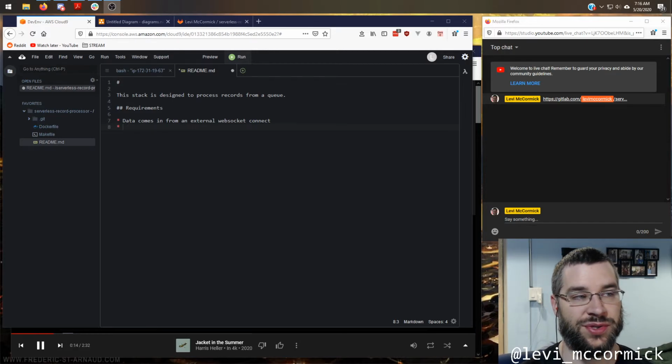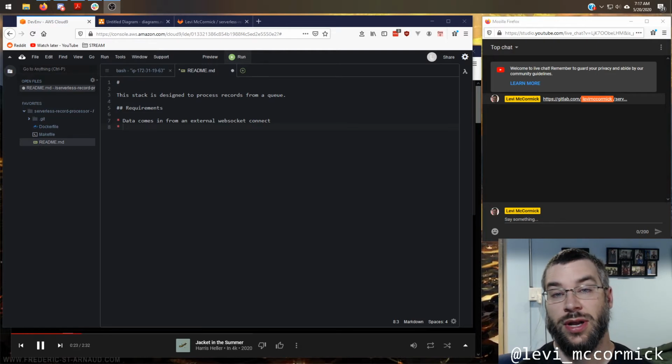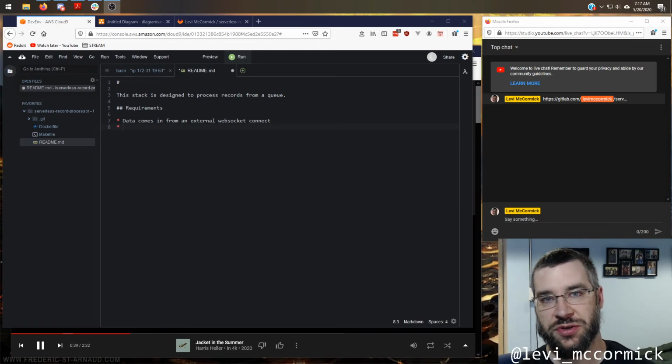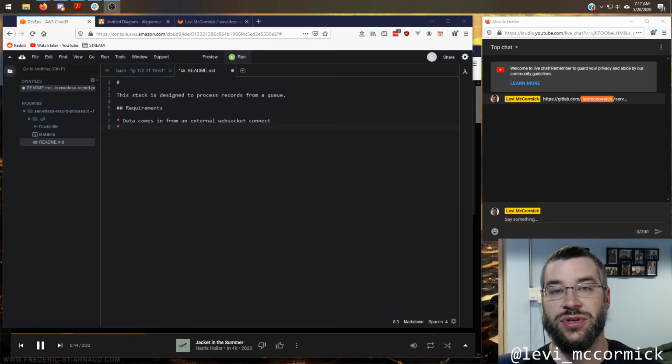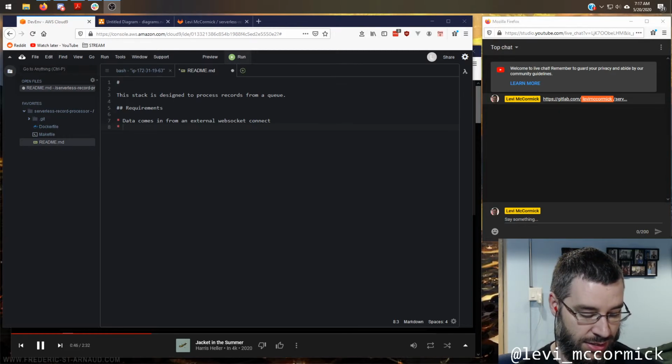And WebSockets are super efficient. If you don't use a WebSocket, you generally have to write some kind of polling mechanism in your front end application. So if you have a REST endpoint, I submit data, and then I have to poll on a timer to keep hitting that endpoint until the data processing is finished, and then read those records back in. It's terribly inefficient, and I really hate it.